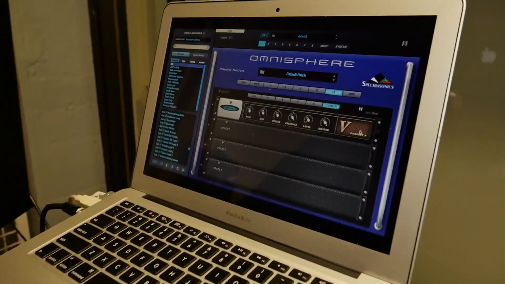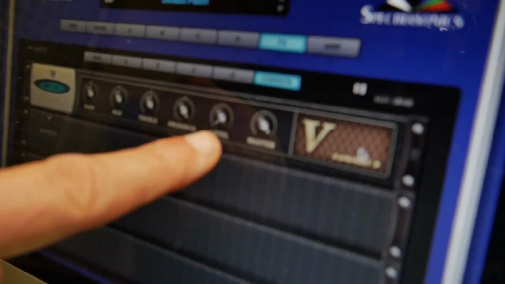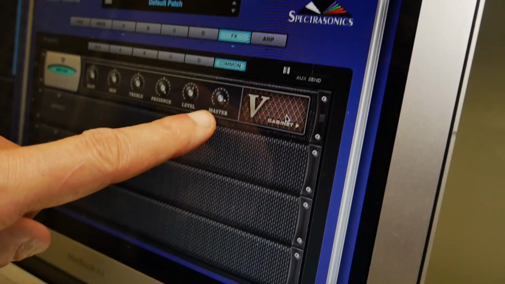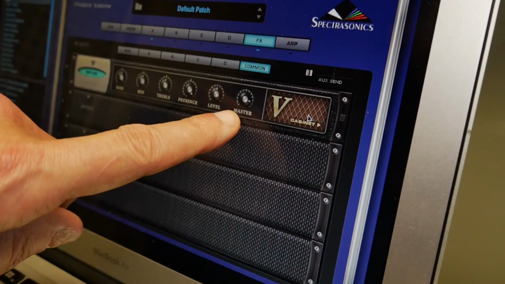Right, so it's kind of DSP. It's CPU friendly as well. Exactly. And when you control it, you see the level knob goes up, the master knob goes down. So basically you're mapping every single